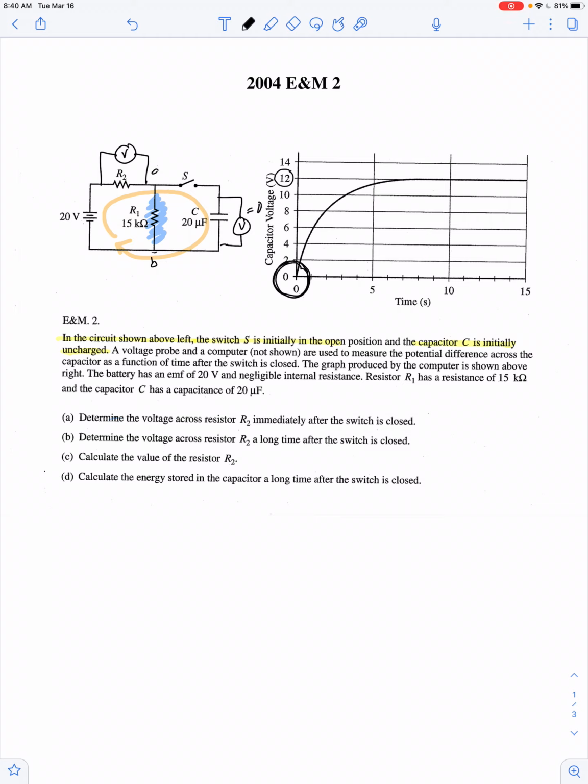That's 0. Well, then by Kirchhoff's loop rule, not the junction rule, by the loop rule, the voltage gained by the battery of 20 has to equal the voltage lost across the resistor plus the voltage lost across the capacitor. But the voltage lost across the capacitor initially at time t equals 0 is 0. So the voltage across the resistor initially is the full 20 volts. It's a long way to get to our answer to part A, but that answer is grounded at a conceptual